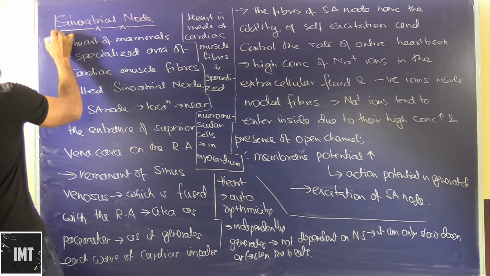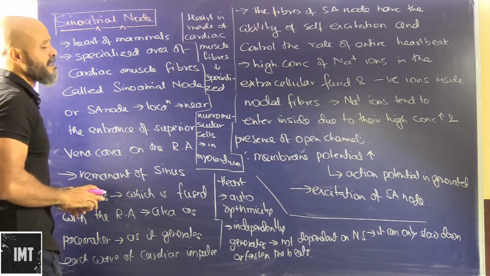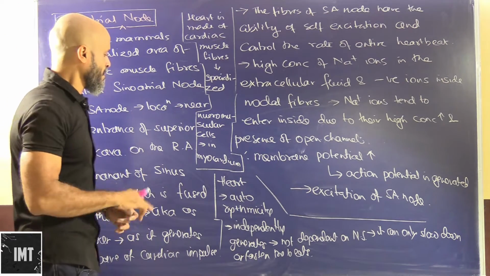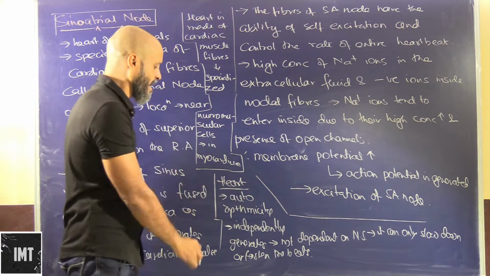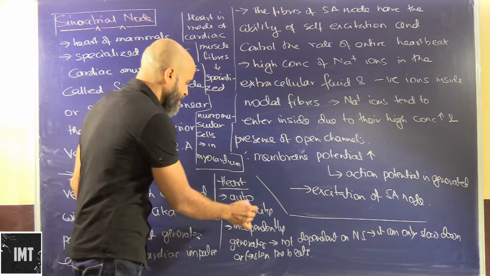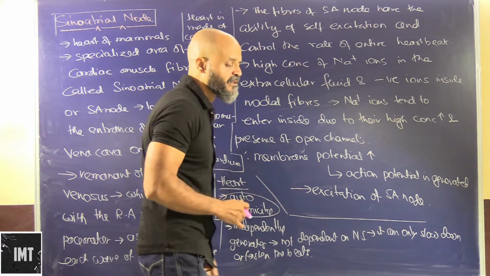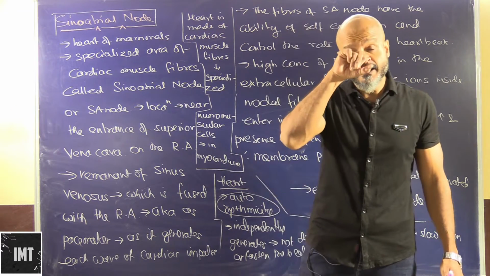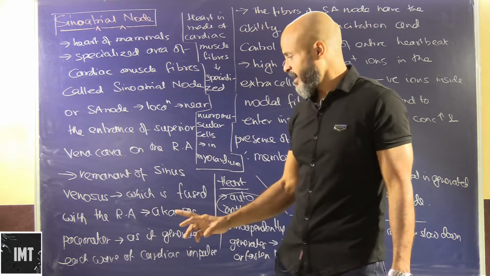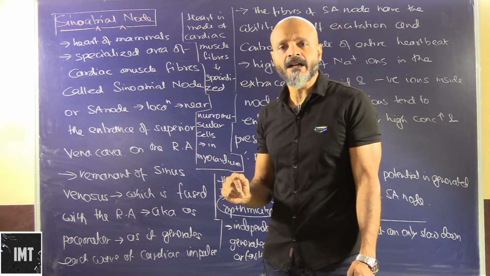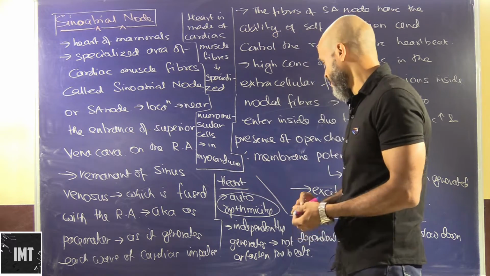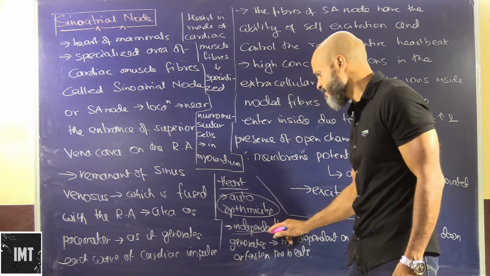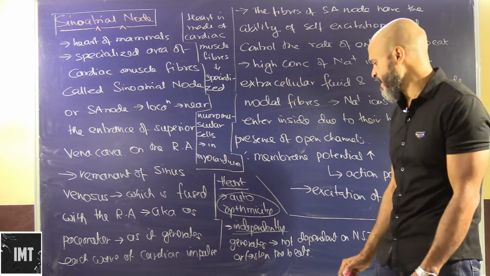Okay, so the first thing that we are going to encounter here is the sinoatrial node. But before we understand the sinoatrial node, we need to have a very clear concept of what the heart is. So the heart basically generates autorhythmicity, which means the rhythmic contraction and expansion generated in the heart is an auto-generated impulse. It is not under neural control. Okay, so the heart works pretty independently.